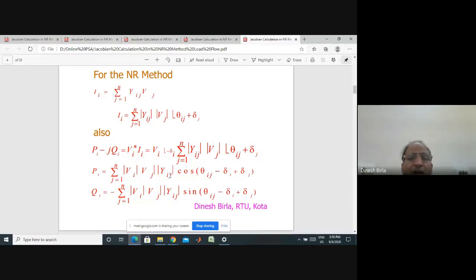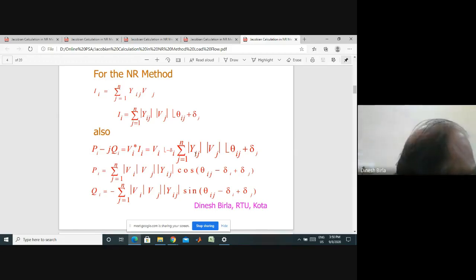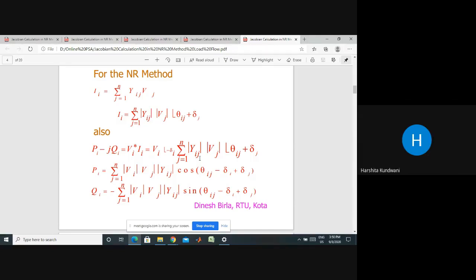just by separating real and imaginary parts and considering that Vi angle minus delta i is Vi cos of minus delta i plus j Vi sin of minus delta i. Likewise, other things. We have just taken magnitudes together and angles together in this expression, and expressed that in terms of its cosine part and sine part. Hope it is clear. So can you please explain minus delta i once again?